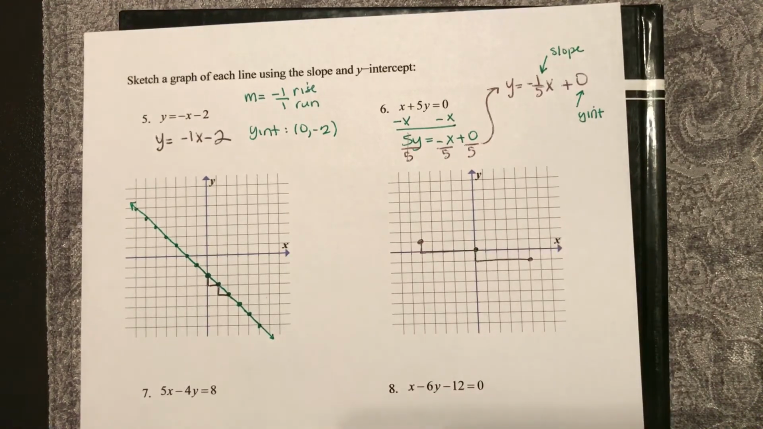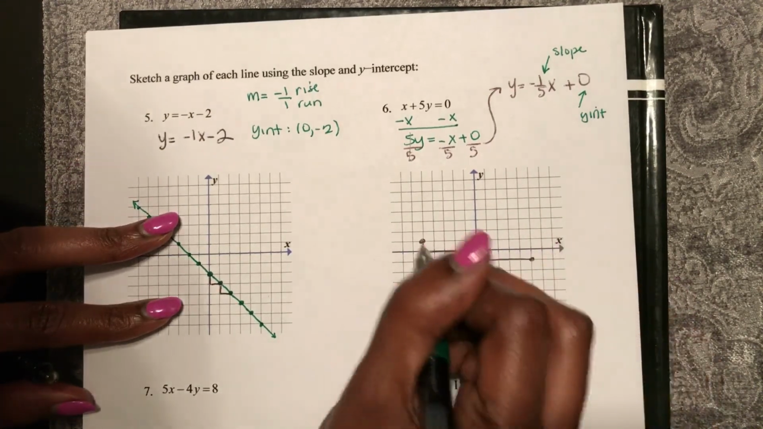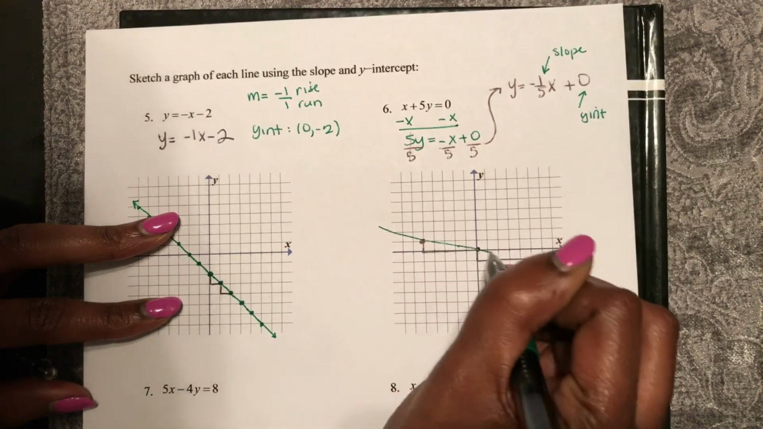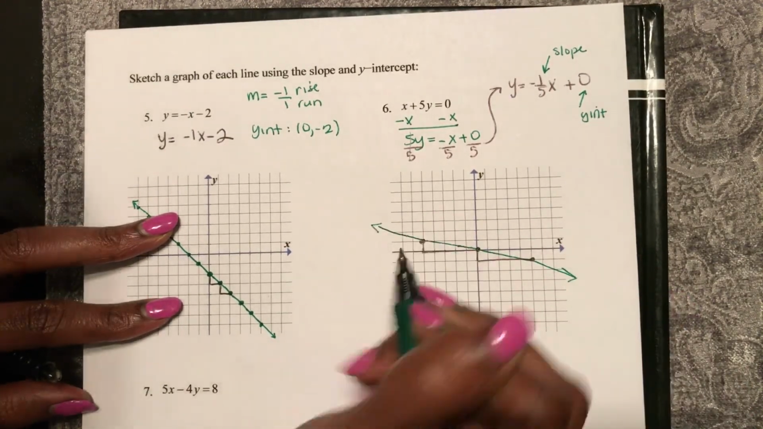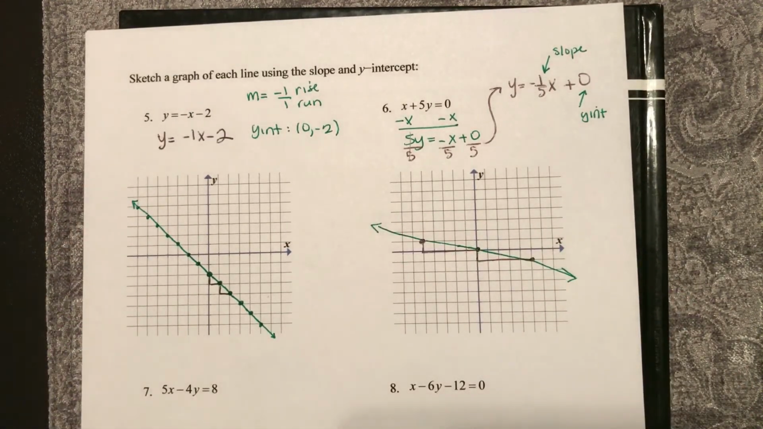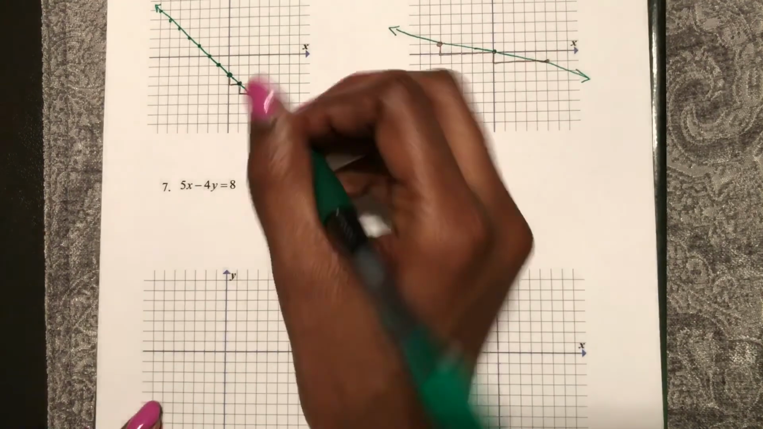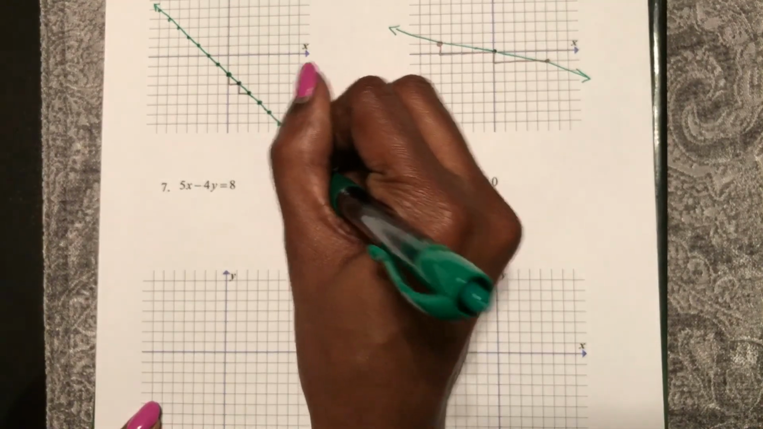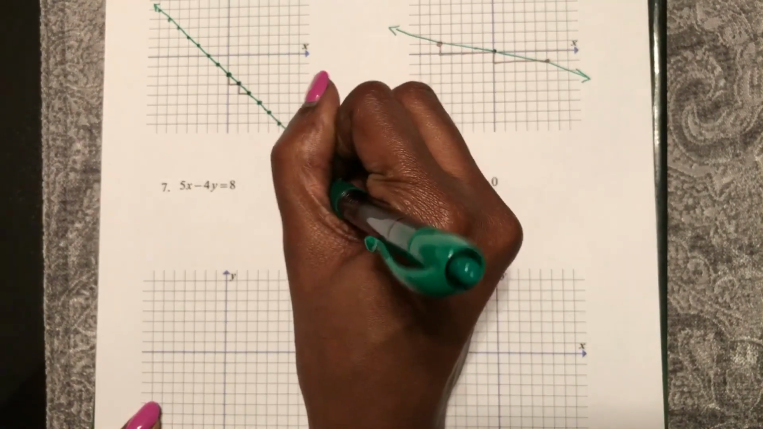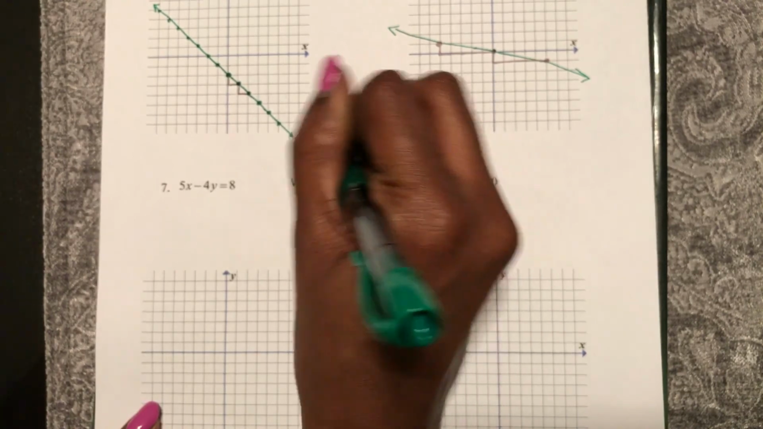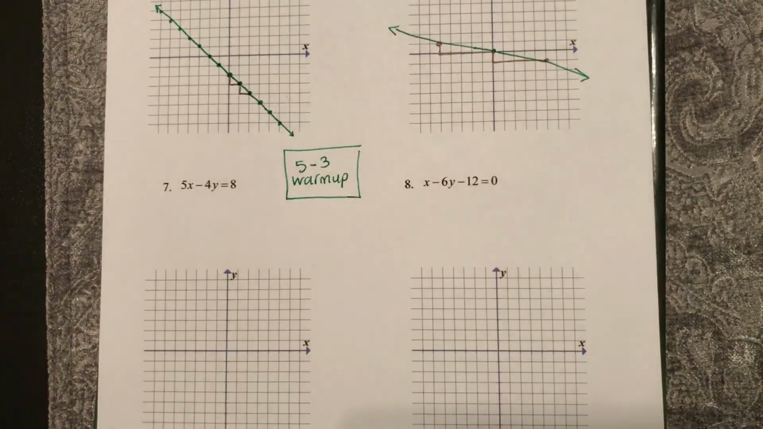So sometimes you might have to work your slope backwards in order to get your 3 points on your line. So let's leave these last two here as a 5-3 warm-up. So we'll do these two in class together. All right,